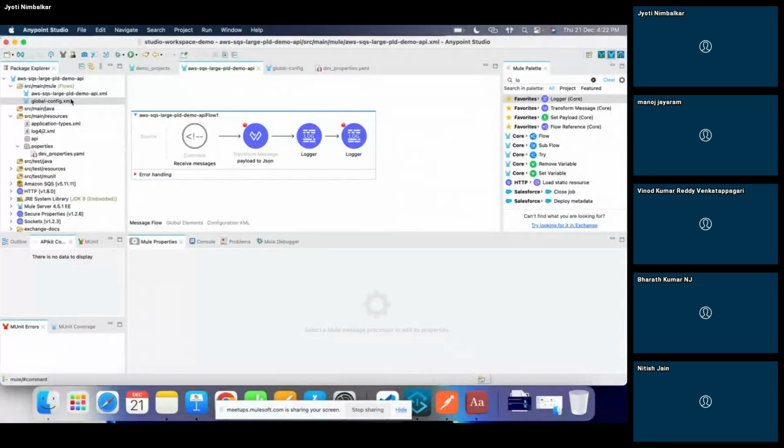Okay, I have one simple application created over here to subscribe to the messages. We'll see it towards the end. Right now, I'll create a small application. What I'll do is push one small payload to the queue, and then we'll try the large payload and see what happens.